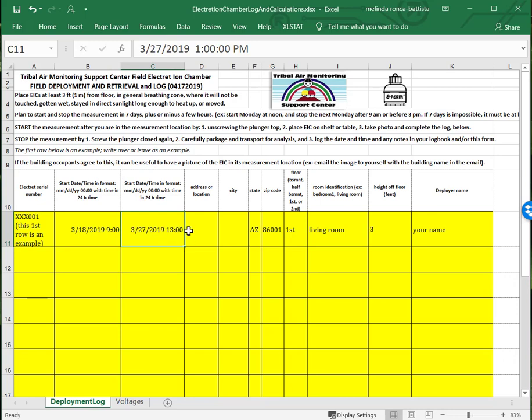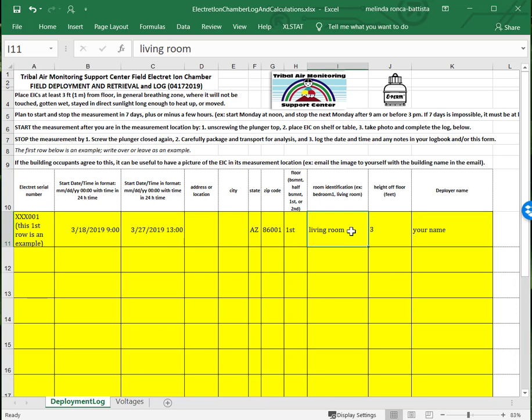is 1300. And then this information about the location, the city, state, and zip code, is all just for your information here. The floor, if you're making measurements in buildings with different floors, you might want to develop a system for saying first floor, basement, and it's easiest to sort if you always say it the same way, if you always spell it the same way, so fully spelled out or an acronym for basement. And then the room, however you want to make a note of the room where the measurements are made,